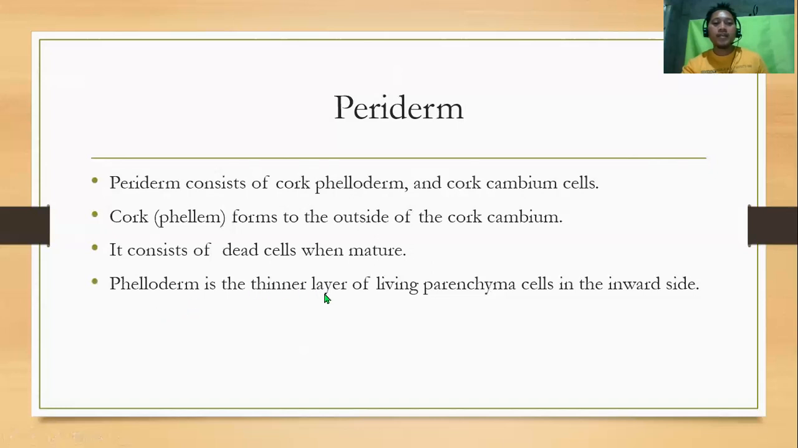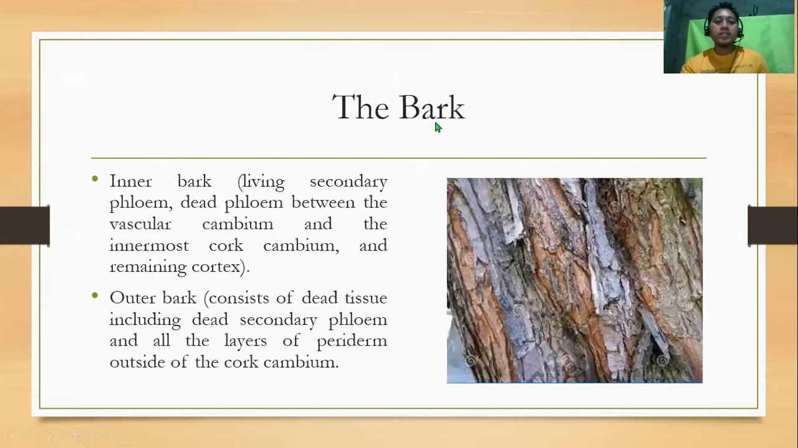Then phelloderm is the thinner layer of living parenchyma cells in the inward side. So sa sulod na part is the phelloderm, which is living. So dire nimo makita ang parenchyma, katong mga sclerenchyma, na. So this is the bark. Inner bark, the living secondary phloem and dead phloem between the vascular cambium and the innermost cork cambium and the remaining cortex. Because ang bark is mainly composed of